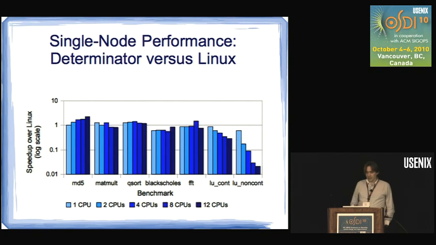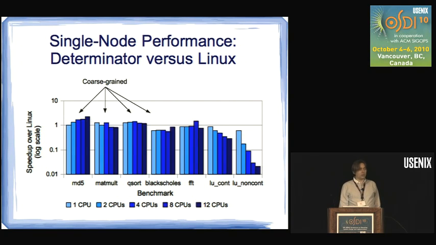And to compare more directly against the performance of conventional systems, this is comparing absolute execution times, again on a log scale on the vertical axis. This is the performance of these benchmarks running under Determinator with respect to the performance of the same benchmark running under Linux for varying numbers of CPUs, up to 12 CPUs. And as you can see, for the coarse-grained benchmarks, the performance is in the general ballpark of Linux. Sometimes we actually get even better performance,